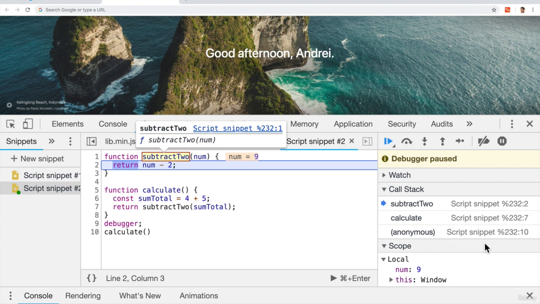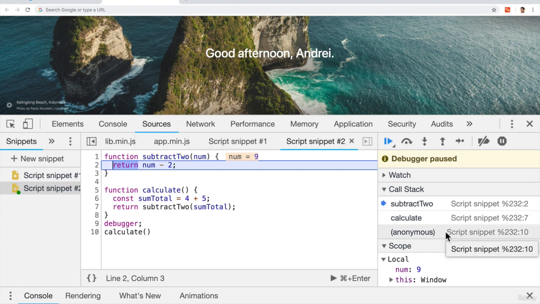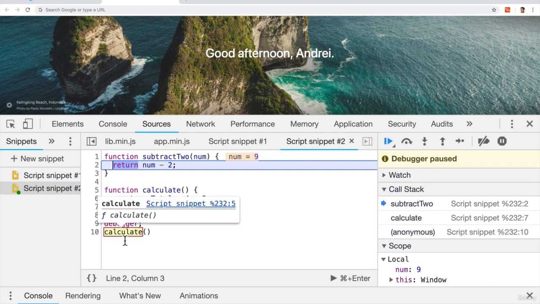The call stack tells us, hey, right now, where are we in the code? Well, we're at subtract2. Once we're done with subtract2, then we can go back to calculate. And then once we're done with calculate, then we can go back to the global anonymous function, which is what happens in line 11 here once we finish our work. So watch, if I click next,